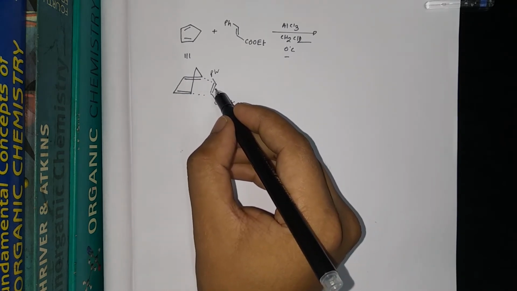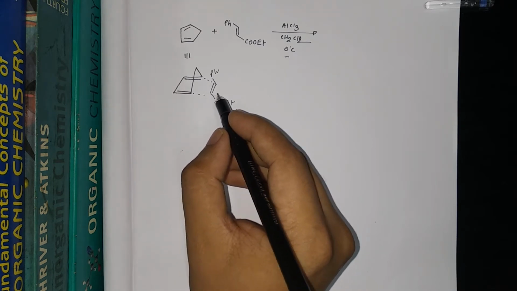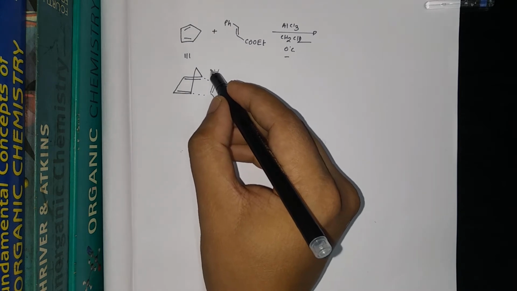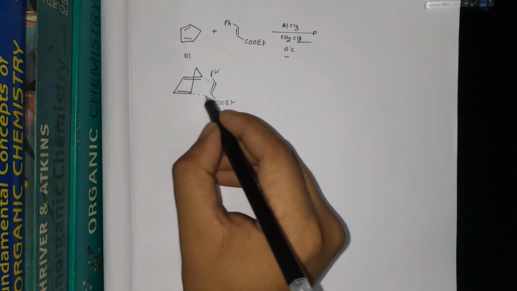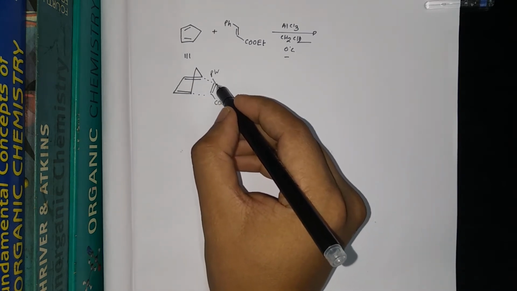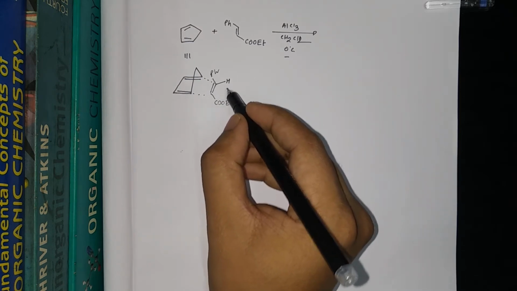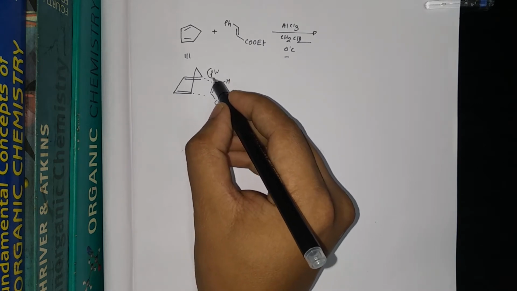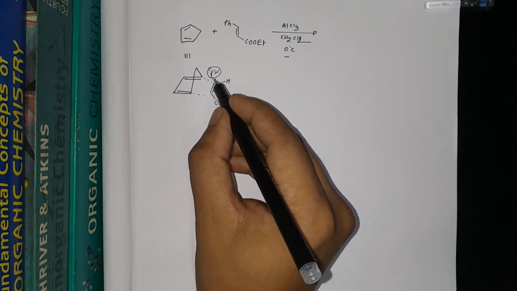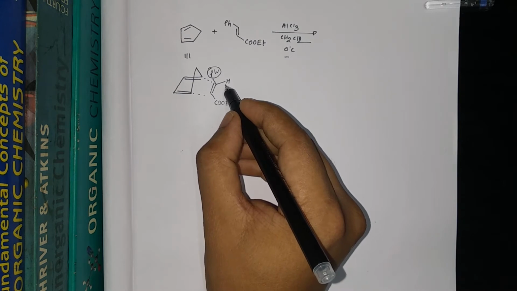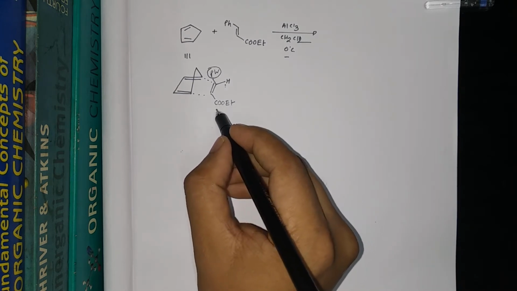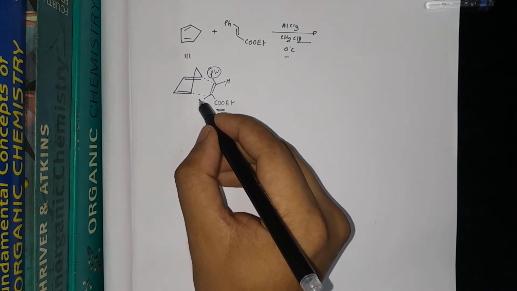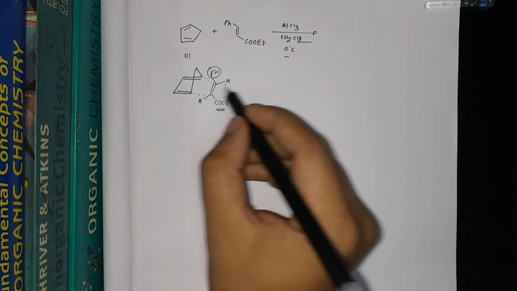Guys, you remember it is very important for the CSIR NET to understand the stereochemistry after the reaction. This phenyl ring is towards the newly forming ring, right? So this is inside and this is outside. Whatever group is inside will go above, and whatever group is outside will go below. Here CO2Et is outside, so it will go below, and here the hydrogen is inside, so it will go above.